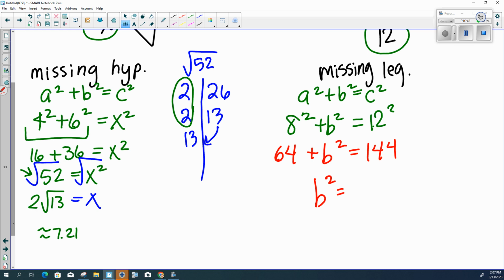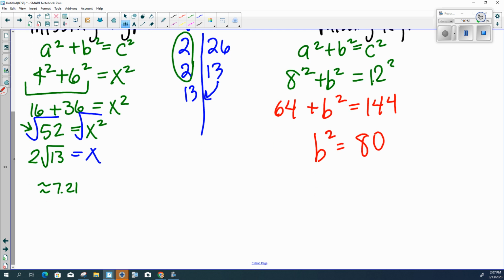So what did you get for 144 minus 64? And now we remember that the opposite of squaring is square rooting. If it says to leave your answer in exact value, you leave it as the square root of 80. If it asks you to round to the nearest tenth, punch it into your calculator. If it asks for a reduced radical,